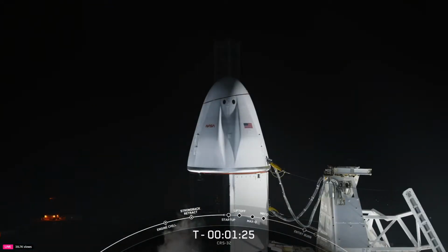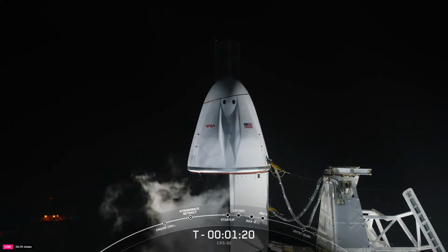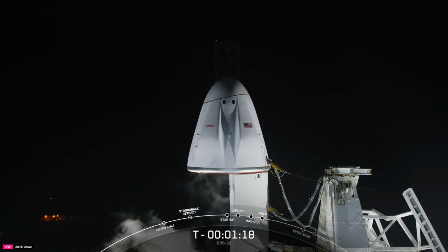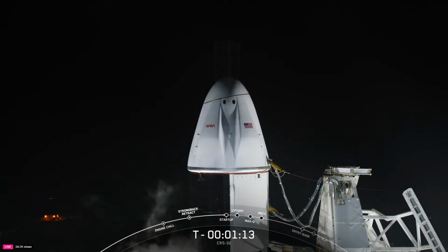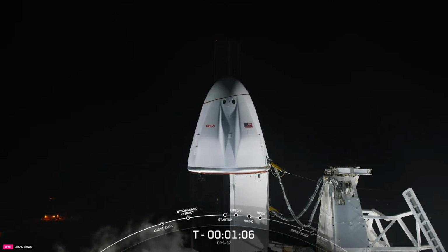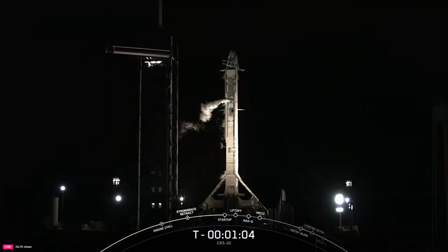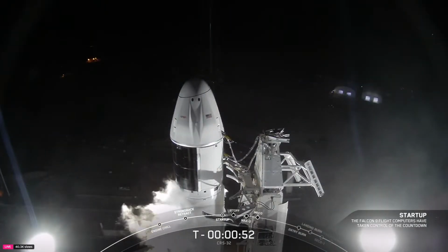Meanwhile, the second stage will continue to orbit, powered by one single Merlin vacuum engine with over 220,000 pounds of thrust. The second stage will secure Dragon's entry into low Earth orbit before separating, leaving Dragon to continue its journey on its own thrusters. About 50 seconds after separation, Dragon's nose cone deploy sequence will begin, exposing its guidance navigation controls that help Dragon autonomously fly to the space station. With T0 coming up in just under 15 minutes, our teams in Florida are doing a series of system checks to ensure